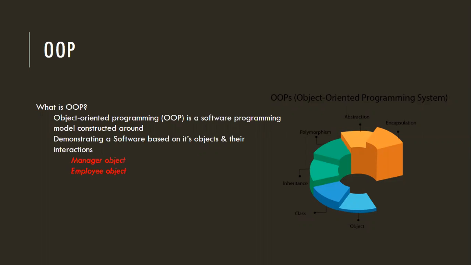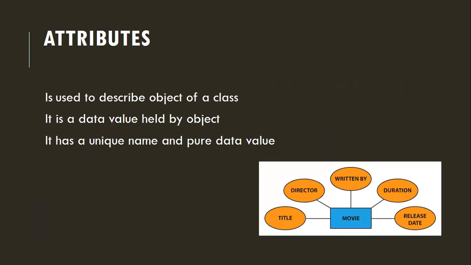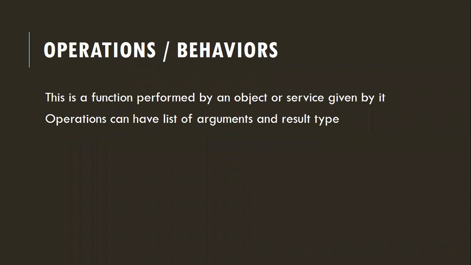It has some things specific to it. The manager will have things like who the manager is, name, address, phone numbers. Things like these we call the manager's state, or attributes, of the manager object. Also the things a manager can do, taking decisions and whatever else they can do, what they do is what we call methods or behaviors. Right? So an object has attributes, operations and behavior, as we learned.